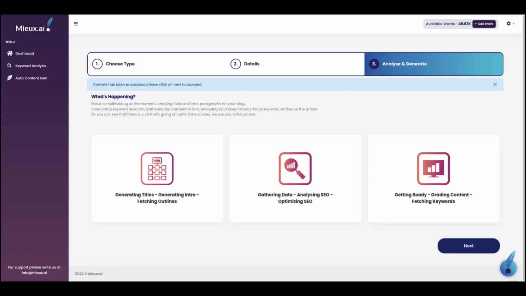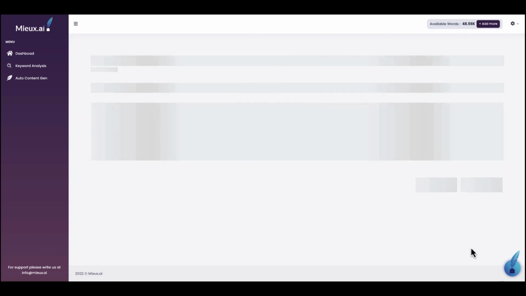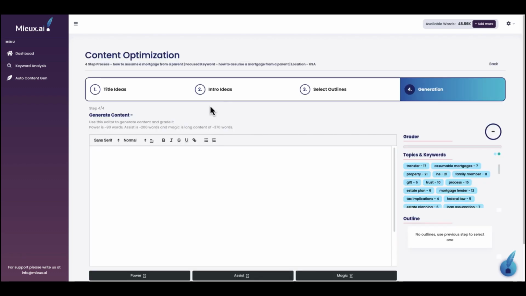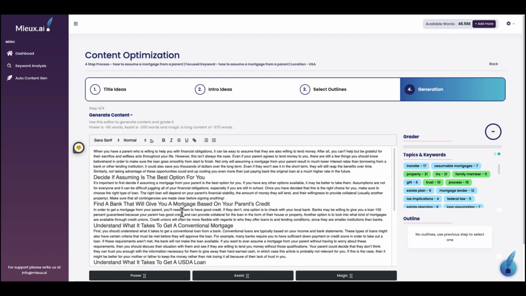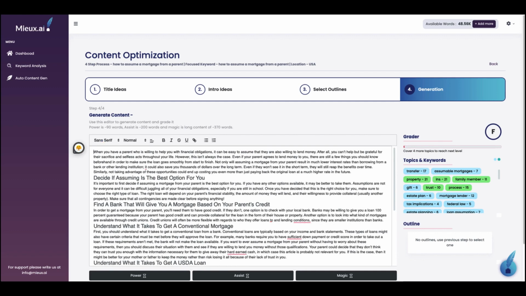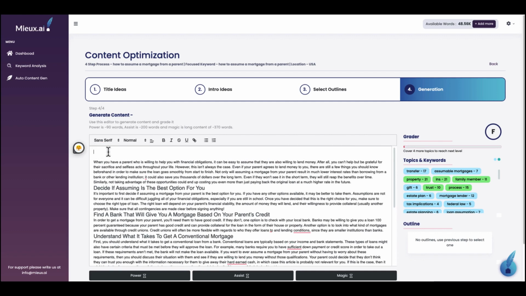Do the same for Mieux. Now Mieux, let's see. All right, we can just enter it in here, paste it there. All right. And how to assume mortgage from a parent.